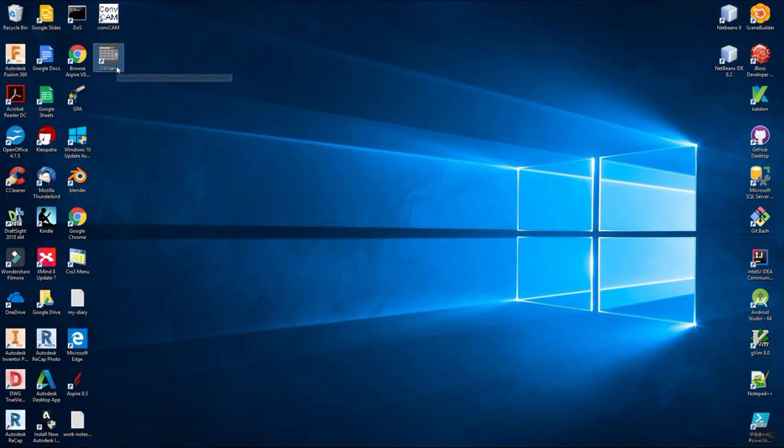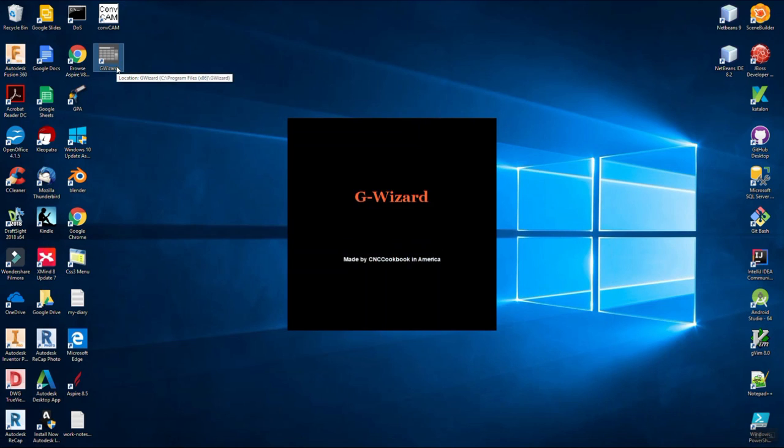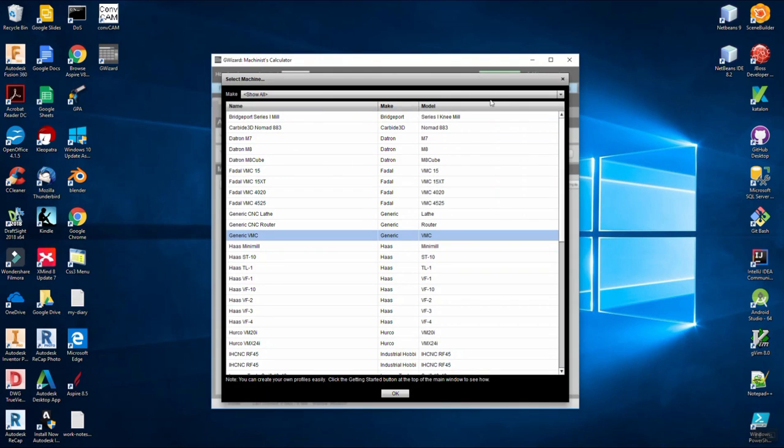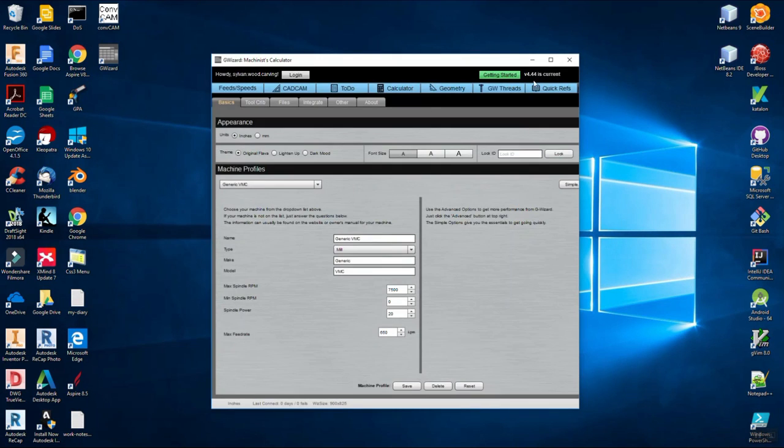Oh, GWizard. Okay, this one's fairly involved. It gives you 30 days worth of free trial, so you can experiment with it. It asks you to set up your speeds. Set up your machine, then set up the materials, set up the feeds and the speeds. It's very involved, but then whenever it gets done,